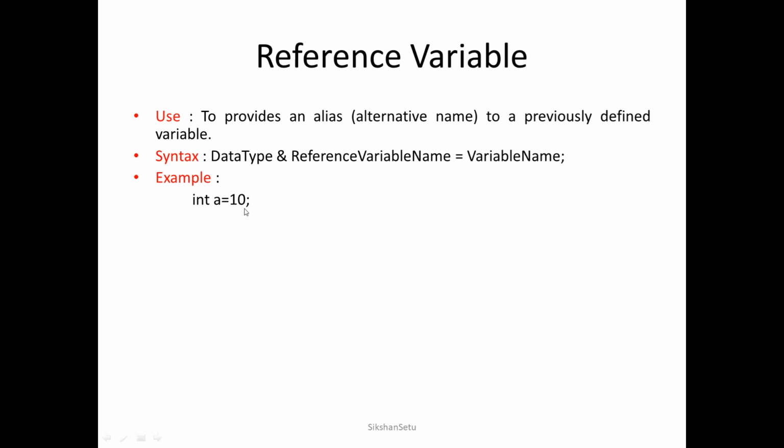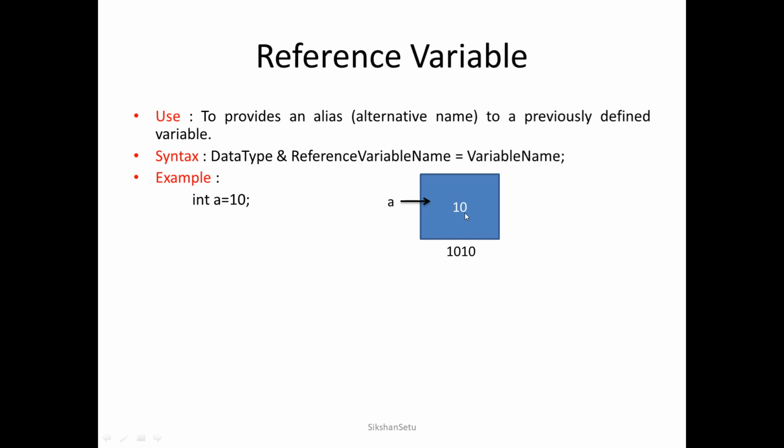Now when this statement gets executed, one memory block of 2 bytes will be created in memory, named A, and any random memory location can be given. Right now we have taken it as 1010, and the value at that memory location is 10. So the name is A, the address is 1010 and the value is 10.